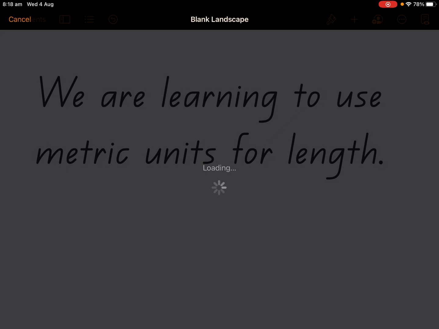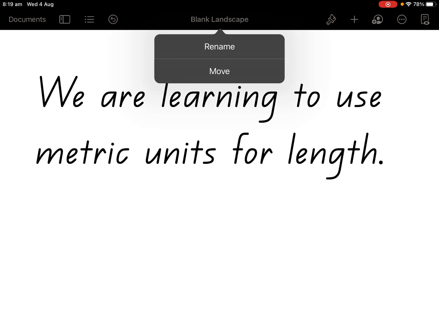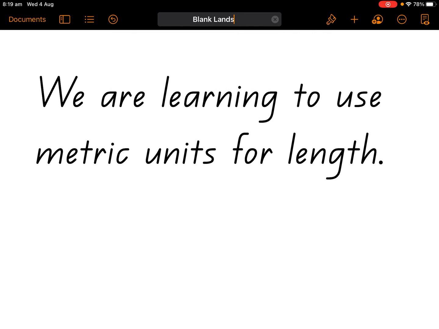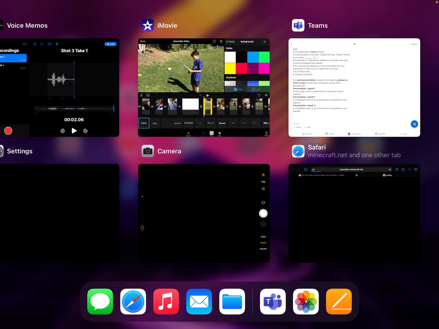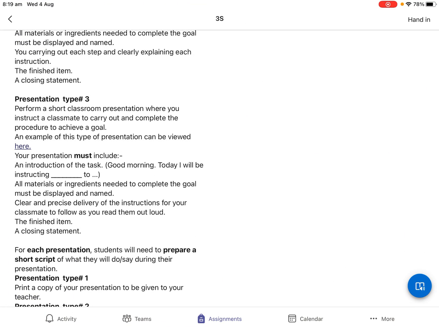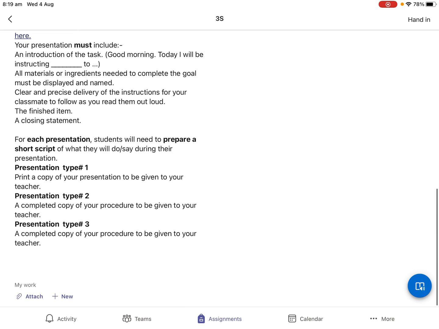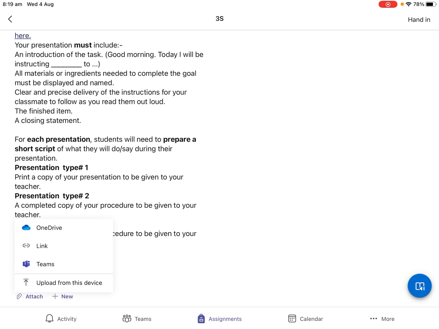I'll give my document a new name. I'll call it script, so I remember script procedure. I'll just leave that as the text, and that automatically saves, so that can go into the background now. Now, because I've worked in that, that's going to be sitting in my recent document, so it actually makes it easier to submit. So if I'm back in Teams and I go to the bottom and I can see that attach, if I tap on that one and go to upload from this device,